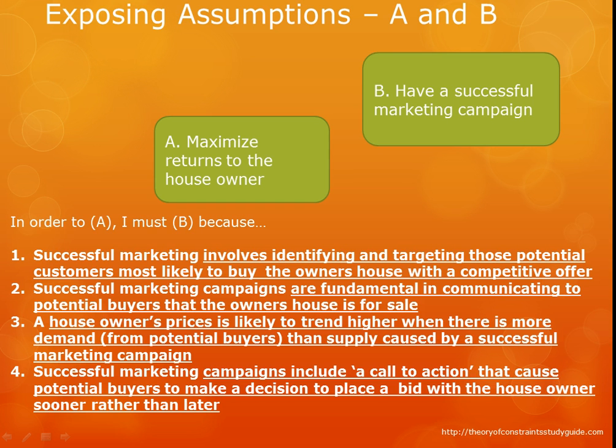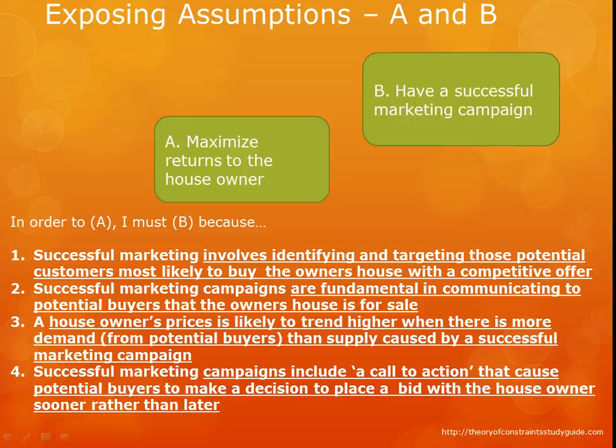So in this particular case, we're going to first focus on the relationship between entity A and B. A, you'll recall, is the common objective, and B is one of the necessary conditions. And you can see here that I've identified 4 assumptions. And again, bearing in mind that these are seeking to explain why we believe A and B are related,